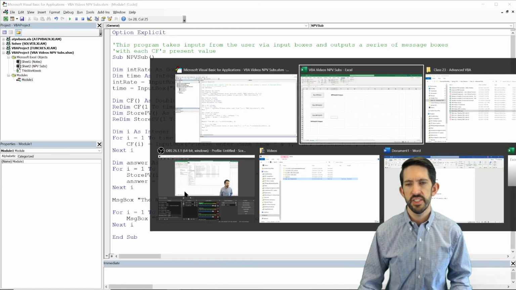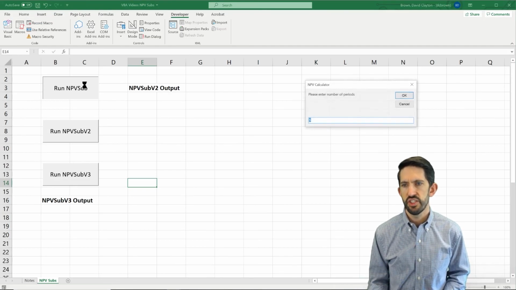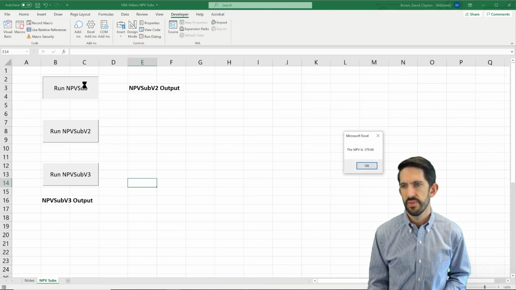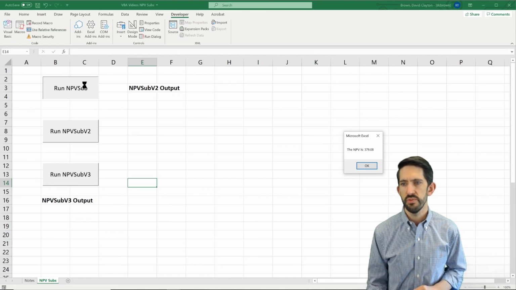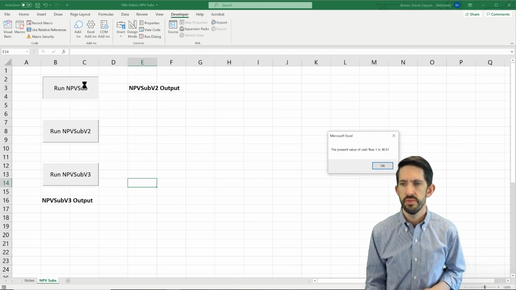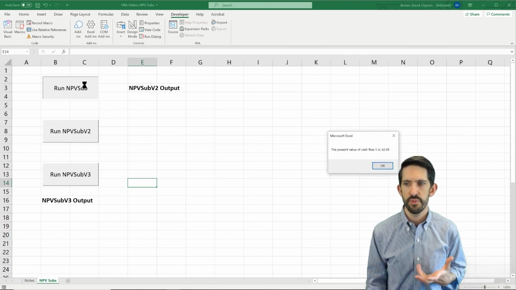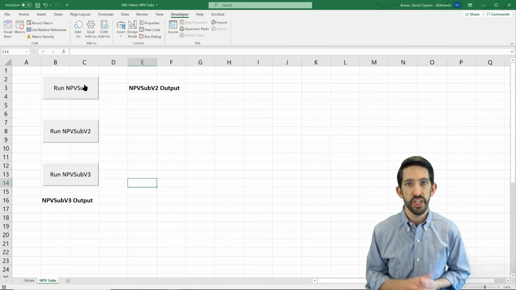All right, our final test now. Let's check. We have all our inputs. The NPV is 379.08. You could always put a $ sign on there if you want to. And now we have the present value of each cash flow, nicely presented, nicely spaced. We're happy with our function. It gives the user what it